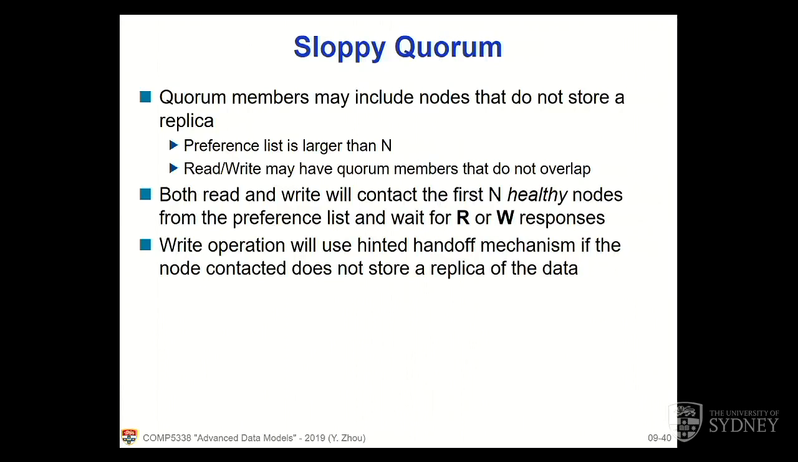Okay, so briefly, what is sloppy quorum? That's basically a very simple mechanism. We just try to include quorum members that don't store a replica, and the purpose is to ensure high availability and that writes always happen. So first, we make sure the preference list is larger than N,